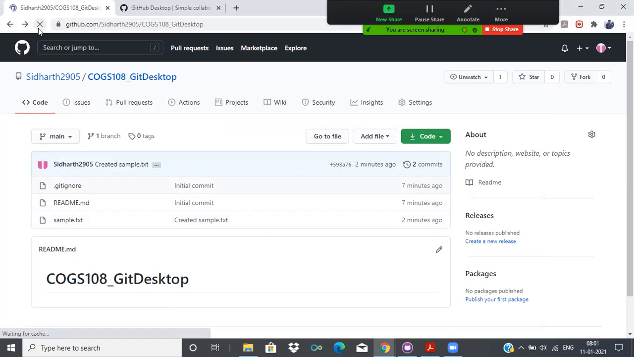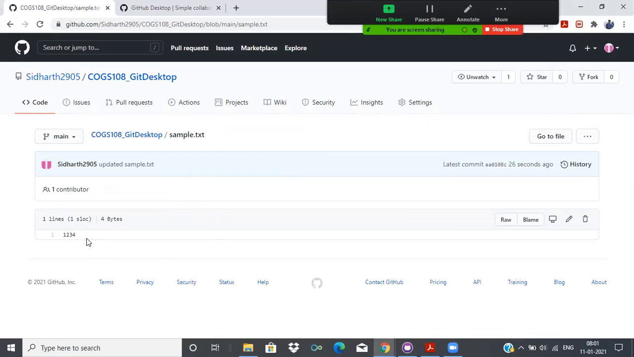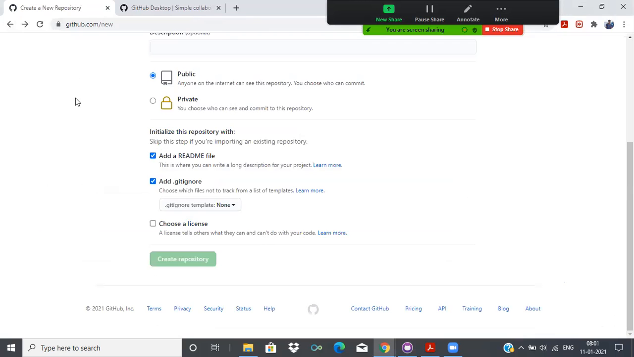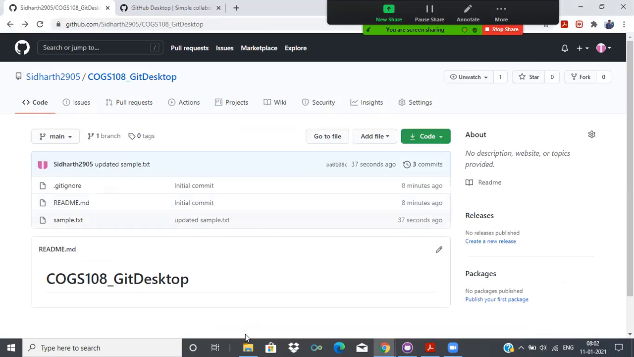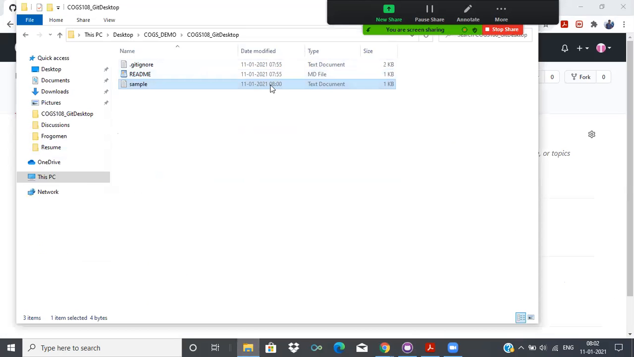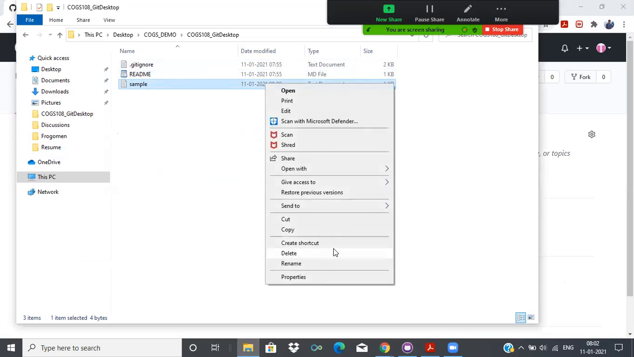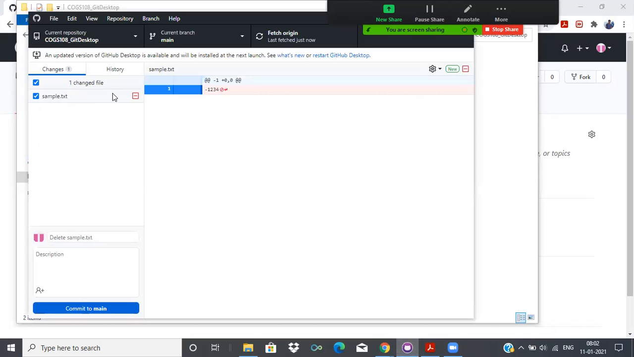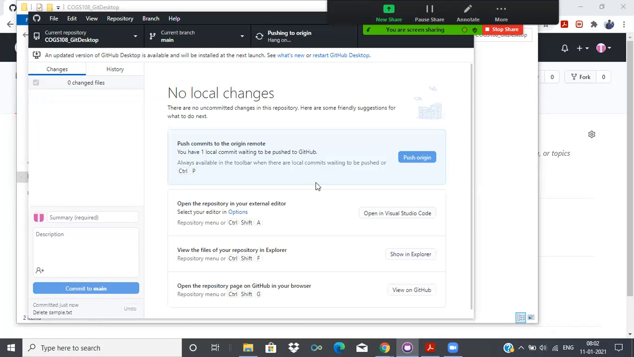Let me just go ahead and refresh it again, and you can see that it says I have a change made 20 seconds ago. If I click onto this, you can see that the change which I made has been reflected. Another exercise: let me just go ahead and delete this file, and let's see if that's being detected by GitHub Desktop as well. Once I delete the file, you can see that it says sample.txt has been deleted. Again, if I commit this to main and push origin,